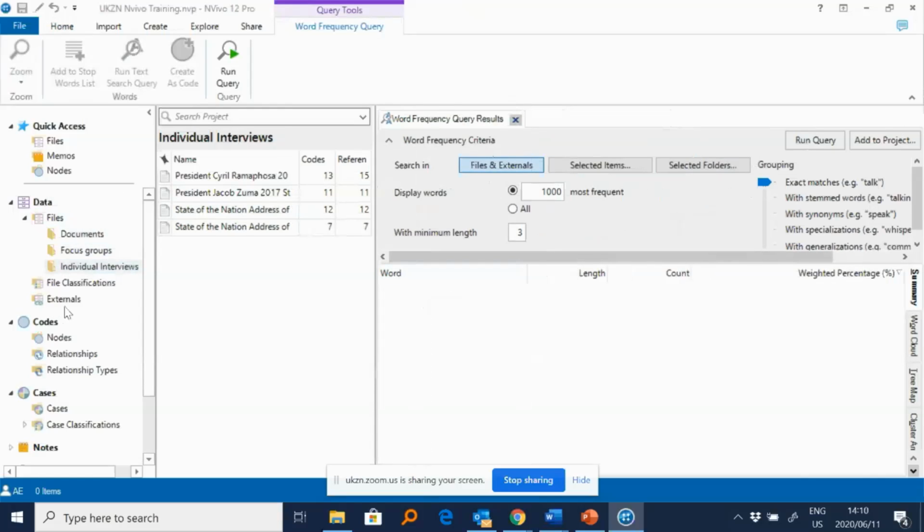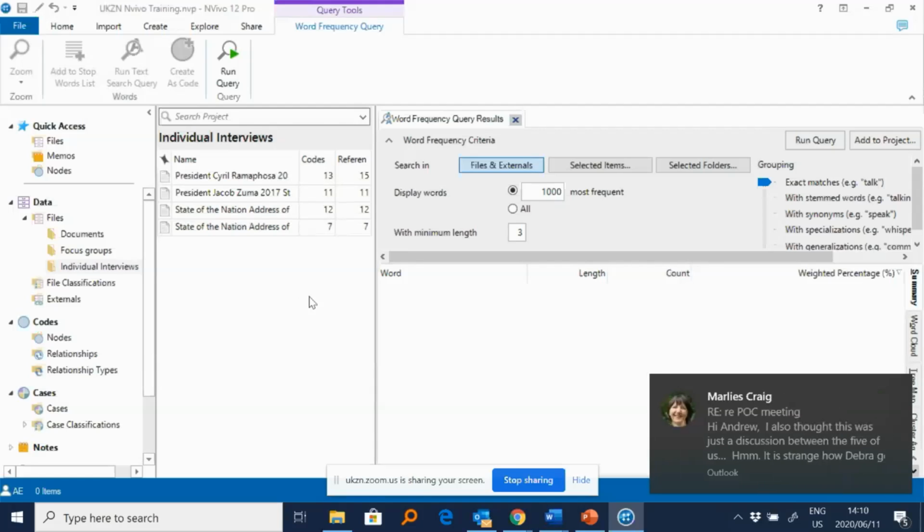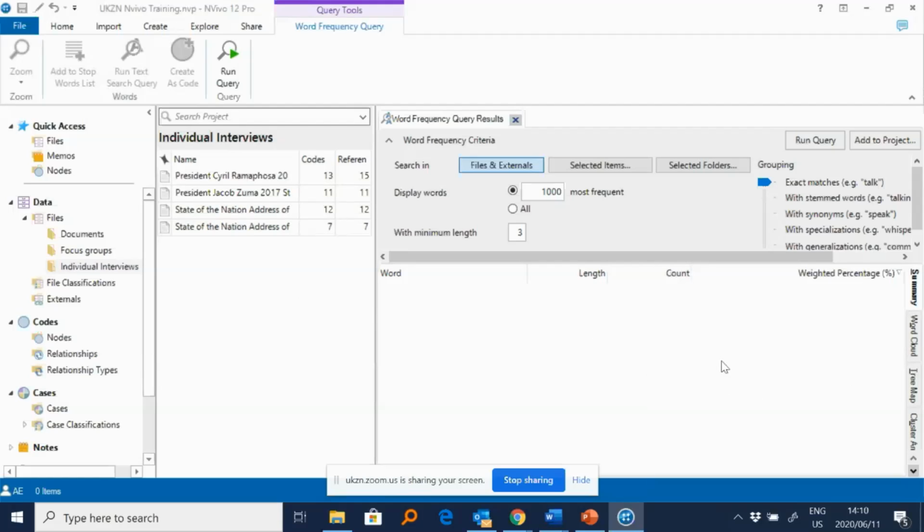And I told you external is simply referring to those resources that you're working with in NVIVO, but for one reason or the other, you are not able to, or you don't want to, bring them into NVIVO, they're sitting somewhere else. If they're sitting on your computer, you are able to create a link from NVIVO to where that document is sitting on your computer.